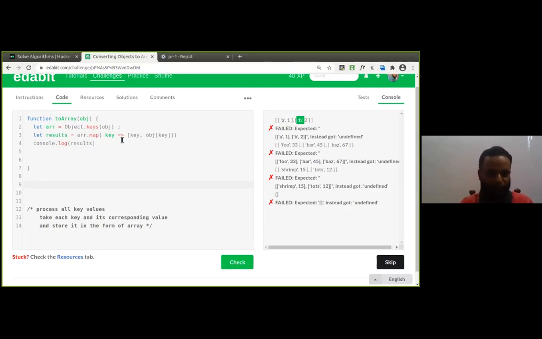Suppose you are not using map, how would you write this one? Any newcomers? If you want to use forEach, how will you write this one? Yeah, it's easy, but map makes it easier. If you are using forEach, you have to create an array at the top and push the elements one by one into the new array, and then return it. Is that okay?